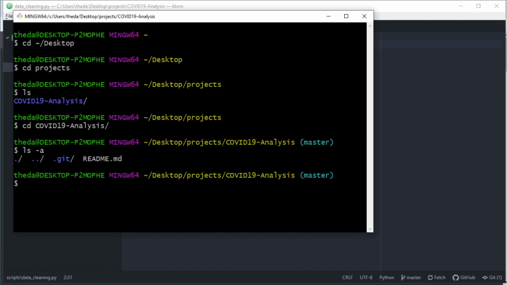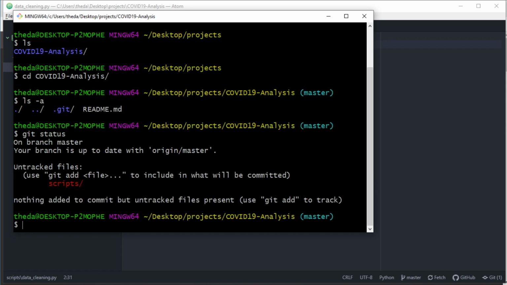Let's switch to the Git Bash terminal. And now if you want to check the status of your repository at any time, you use the git status command. So with the changes we made so far, if you run git status, the changes should be displayed in red. And untracked files are essentially new files added to the repository. And so what this is telling you here is that there is a new subdirectory called scripts that was added